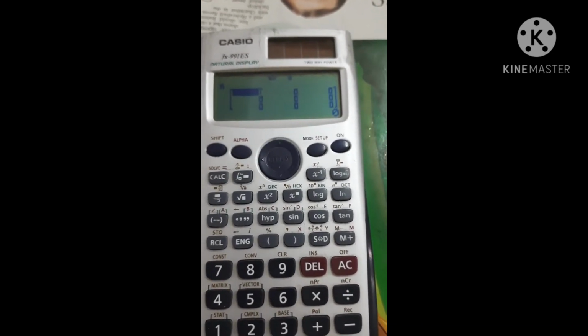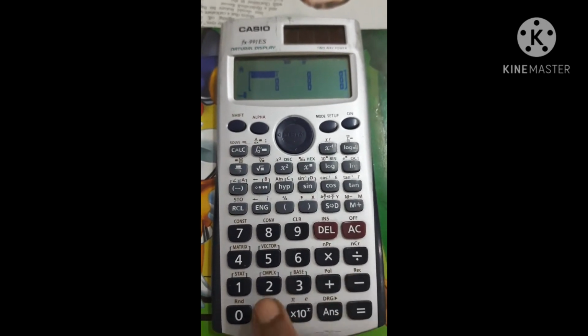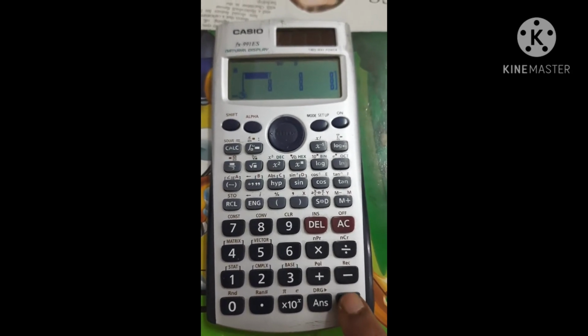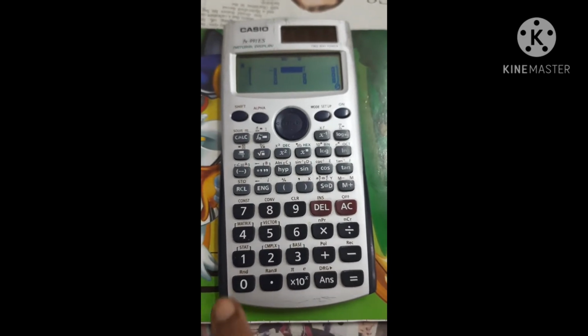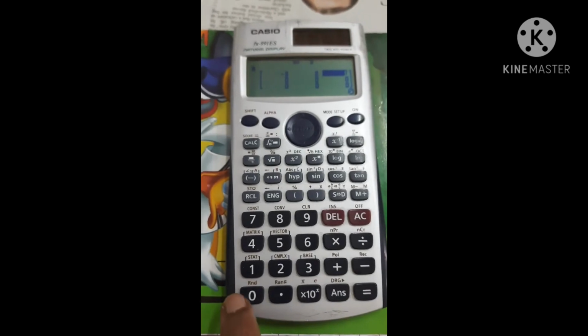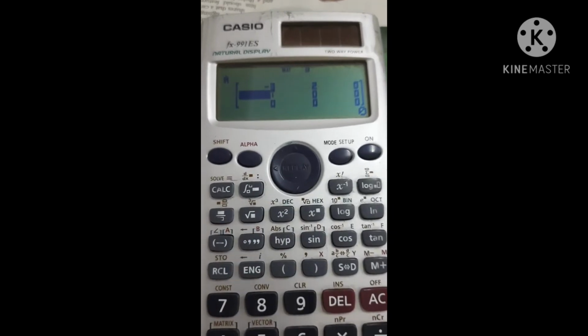Now we can see a matrix notation on the display. Let us enter some elements. Let us take -3 as the first element. Press equal to, then enter the second element, 2, equal to, and then 0, equal to. The first row is completed.